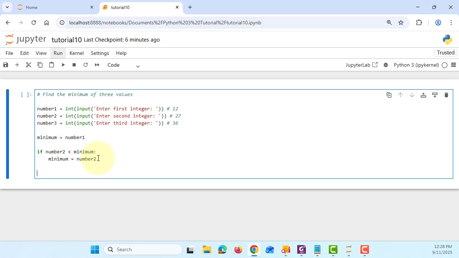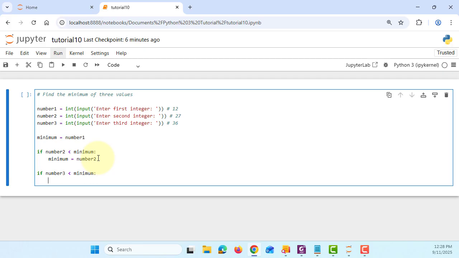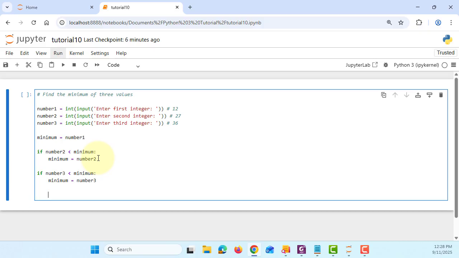And we need to have another one: if number 3 less than minimum, then minimum, so number 3. Okay, and then we can print. Okay, minimum value is, so I don't need a space,